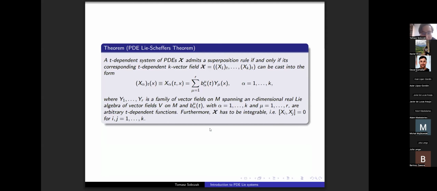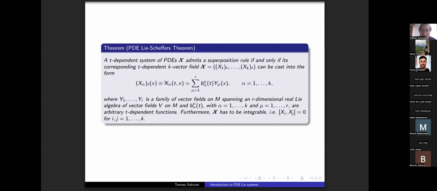So the Lie-Scheffers theorem for PDEs that I want to present is that if we have a time-dependent system of PDEs that admits a superposition rule, which can be understood the same way as in the ODEs, that we can express the general solutions via the particular ones and constants, then our time-dependent k-vector field can be decomposed in such a manner,